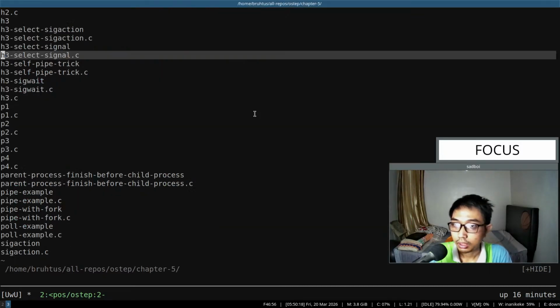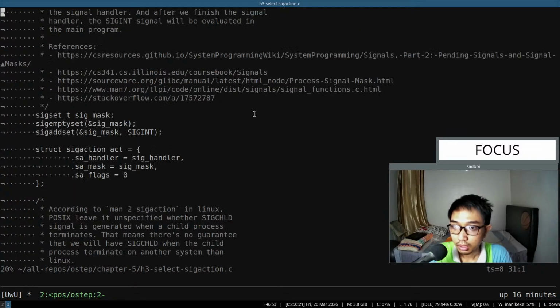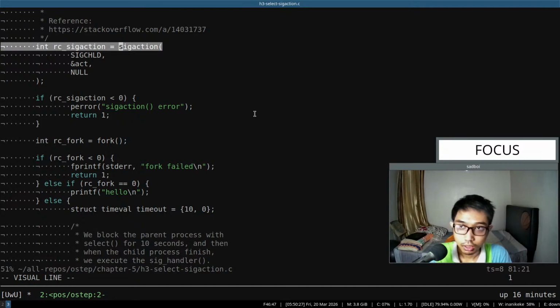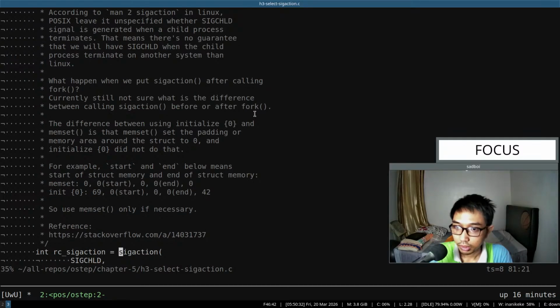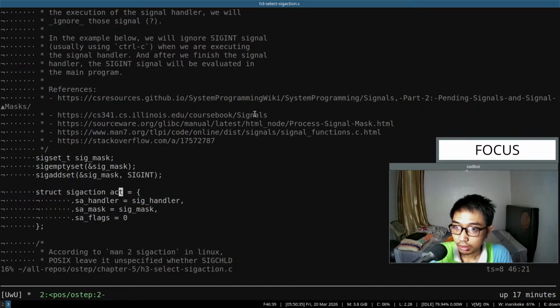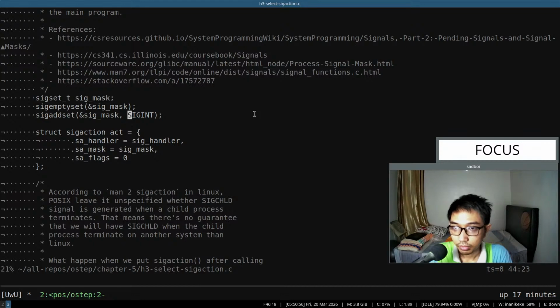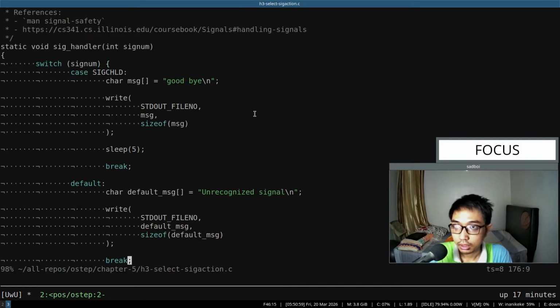Okay, so that is the second solution. Instead of using the signal system call, we are using sigaction. It is basically the same, but I also try using the signal mask to ignore a specific signal. So like this. When we press Ctrl C, it's equivalent to signal interrupt. When we are inside the signal handler here,